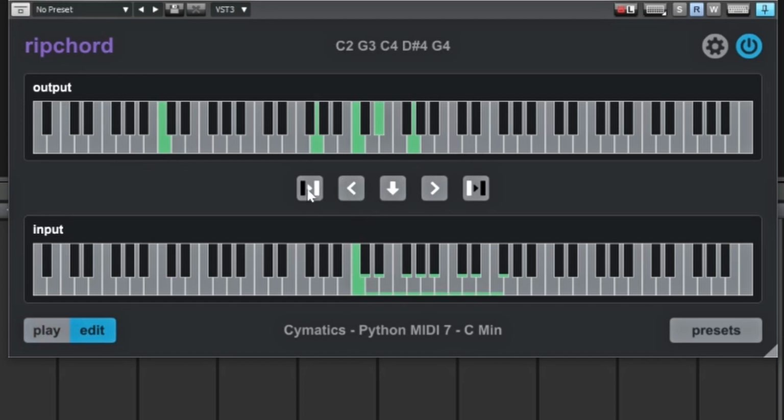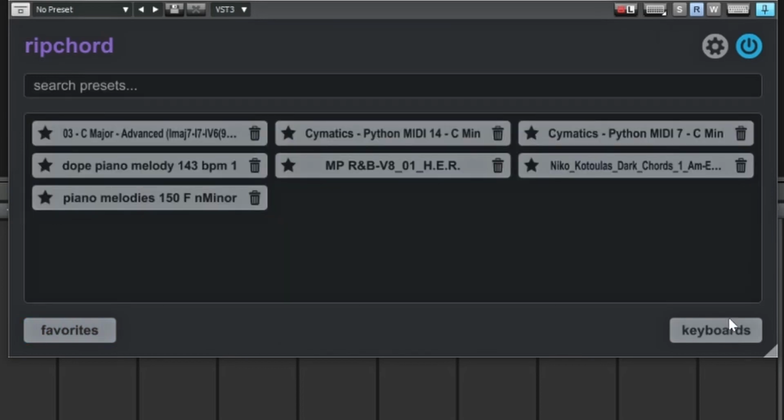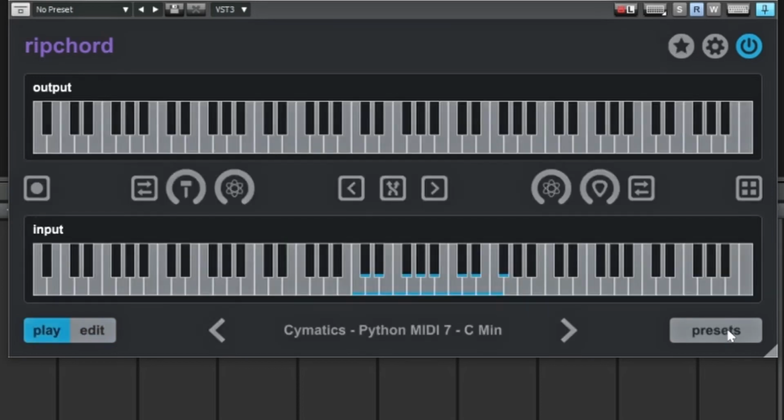You can have them go only to the white notes or only to the black notes. We're using these things here. And this is how you would actually save whatever you did. This is to move the stuff over like one semitone. So I can move the whole thing over one semitone if I wanted to. All right. And presets will actually have your stuff that you already have in here. All right. So let's see if we can